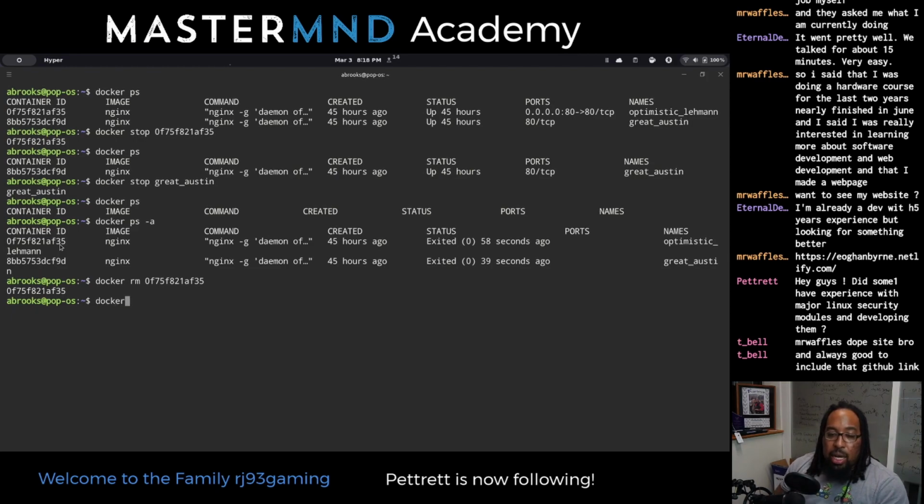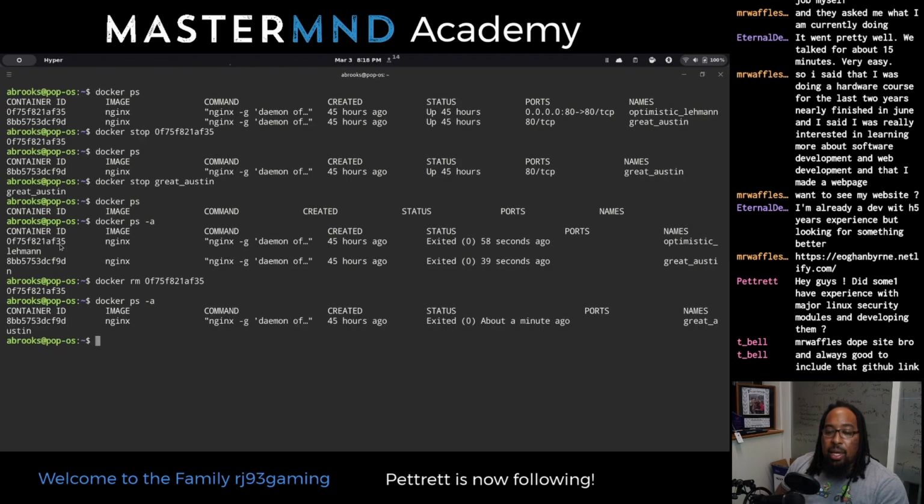So we'll run that same docker ps -a command. See that we still have one. I'll copy the name this time, since I did the container ID last time, and docker rm. All right, actually, let's take a look at this. It was built off of the Nginx image. So let's try another important concept to reiterate.